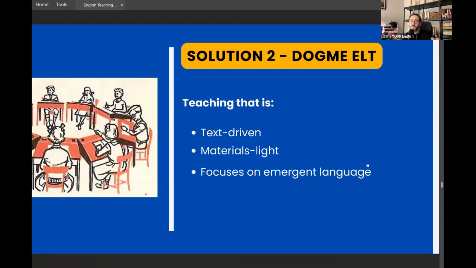DOGME ELT is teaching that is text-driven, meaning we can work with spoken text, but we can also work with written text. It is also materials light, removing the burden of having to think of what lesson plan to use, removing the burden of thinking about which course book I should use with my students. And of course, by creating these opportunities for people to converse in the language, we can reactively focus on the language that naturally emerged from these